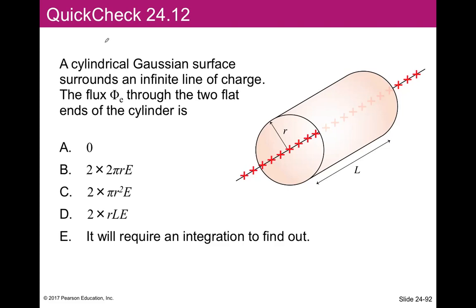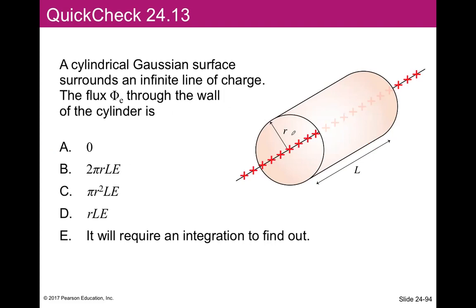So what is the answer for this? Now we're asking about two flat ends. So the distribution of field lines is something like that. Are there any field lines going through the flat ends? No. But if we ask about the wall, which is here,